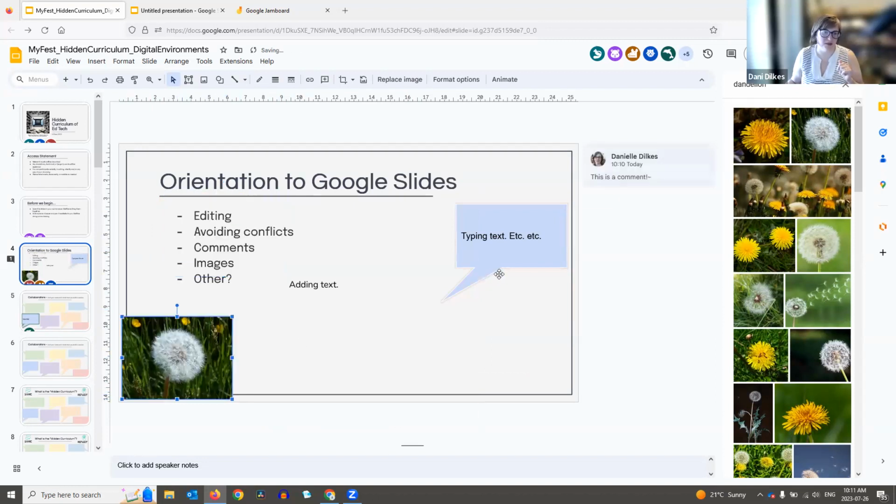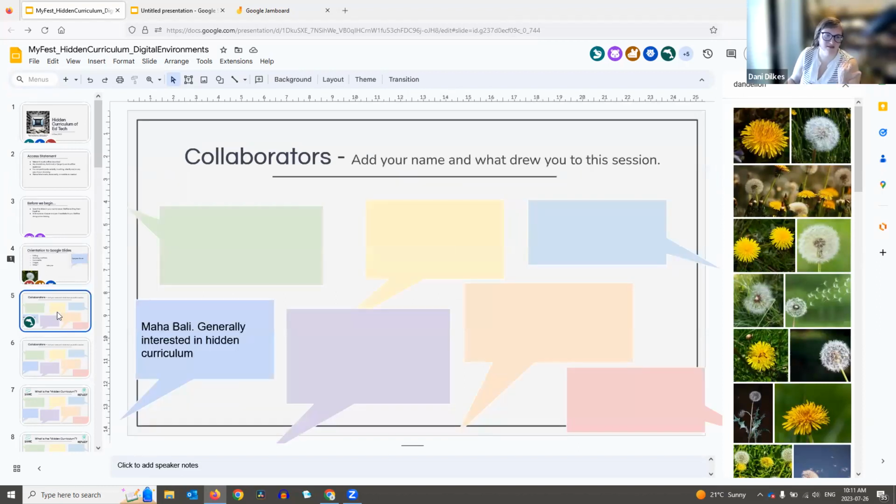So once we get into it, play around. If you have questions, let me know, but I'm just hoping this gave everyone enough of an orientation that you're comfortable to pop in and play along. And so we're going to jump right into it. On slides 5 and 6,